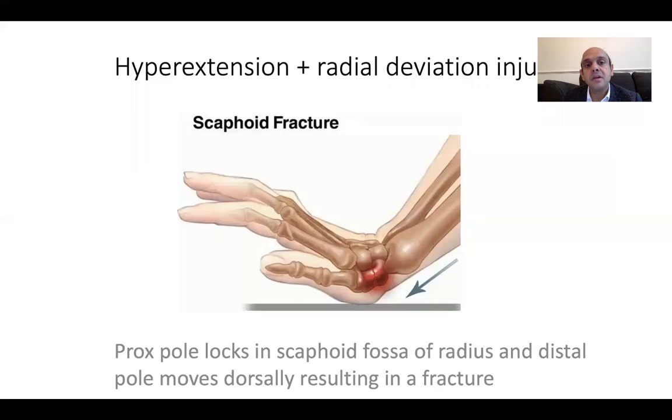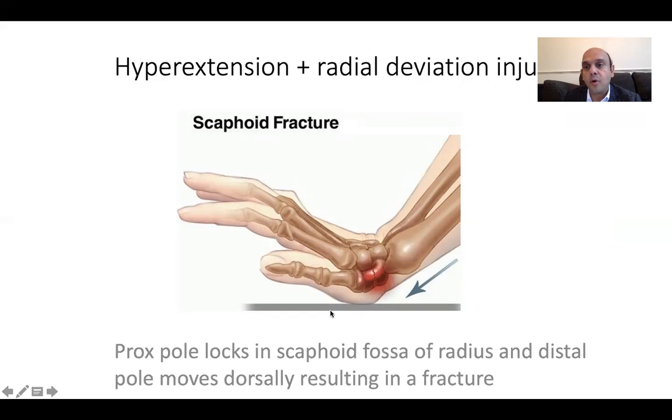Scaphoid fractures. It's a common topic. It's a common injury that we see in our practice, and at some stage or the other, it can be asked in the exam, either a fracture itself or a SNAC. So important. Right. So it's a hyperextension injury, basically.